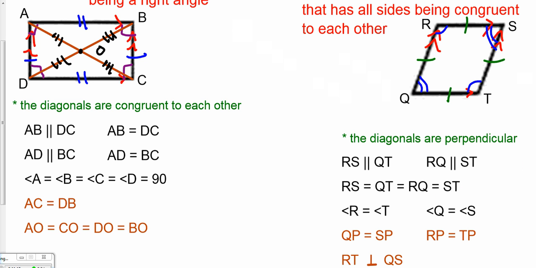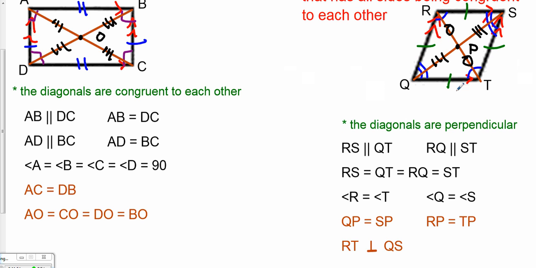Plus, if we draw in the diagonals, going from Q to S and R to T, and then again, like before, we're going to label that middle point a certain spot. I'm going to call it P. Because these diagonals bisect each other, because it's a parallelogram, I can say that R to P has to be the same as T to P. I can say that Q to P has to be the same length as P to S,